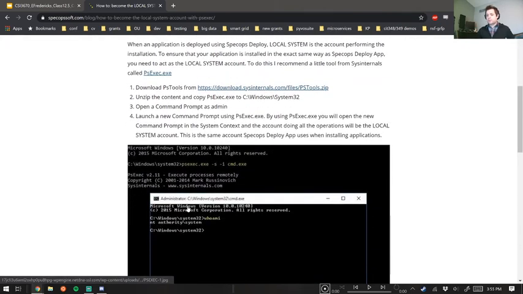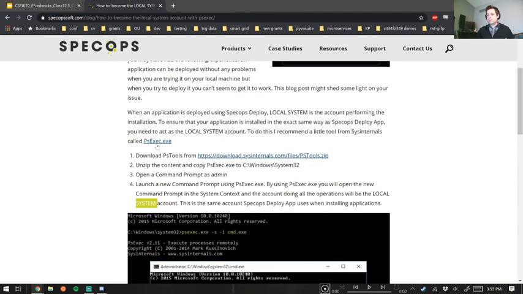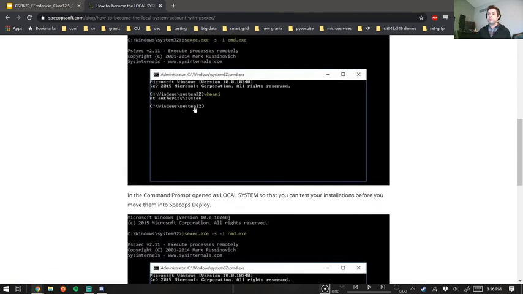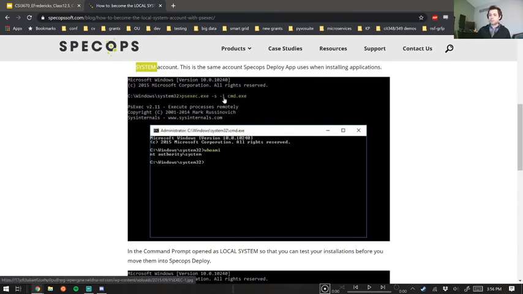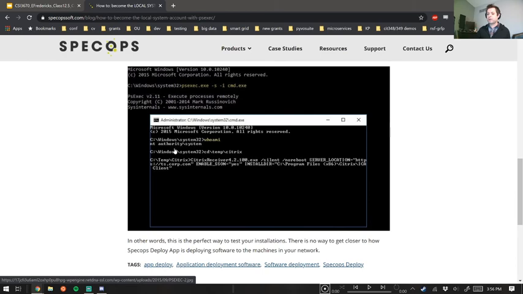Yeah, so the thing with the system account is that you can't run as system, even though that's what it's being installed as. So there is this PsExec tool, which was mentioned before. If you're trying to remember what it was, the suggestion was to use it to remote into other machines through PowerShell, so that you don't have to use the remoting, which is kind of fraught with problems. But you can also use it to be a local system user. So basically you run psexec -s -i cmd.exe, and then you get a command window, which is the system account in the foreground. Very easy to get that set up.